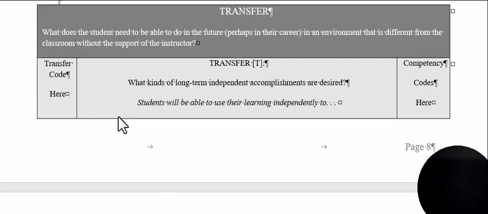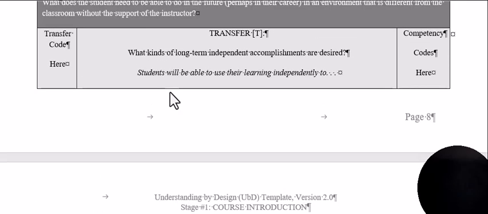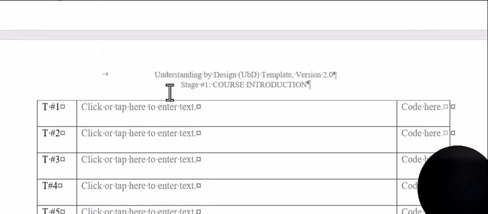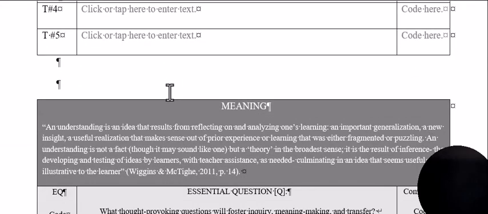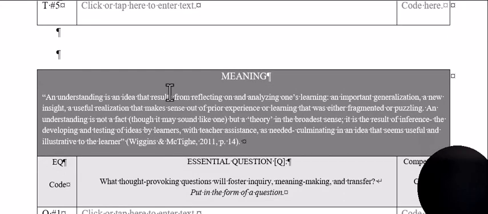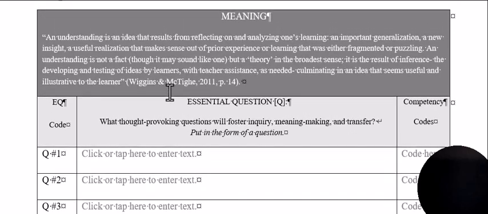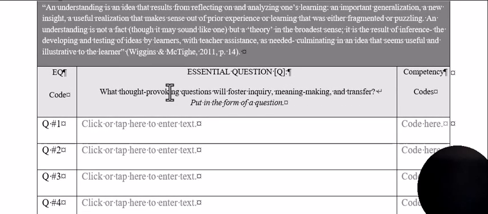Okay, then you're going to start the different parts of UbD Stage 1. You're going to explain to them what transfer is all about. Again, you're not saying you type information in here and that's transfer. No, you tell them what transfer is, explain the concept, and then talk about the different parts of transfer and explain what that means, from the book. Then meaning: explain to them what meaning is, and that the different parts of meaning are